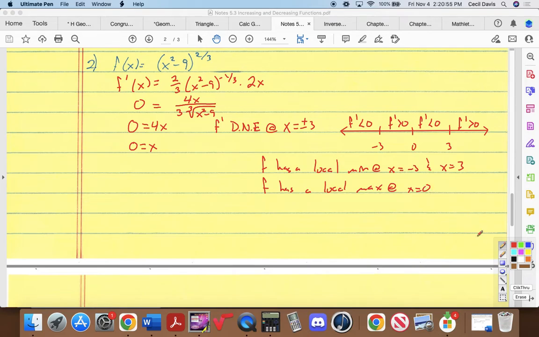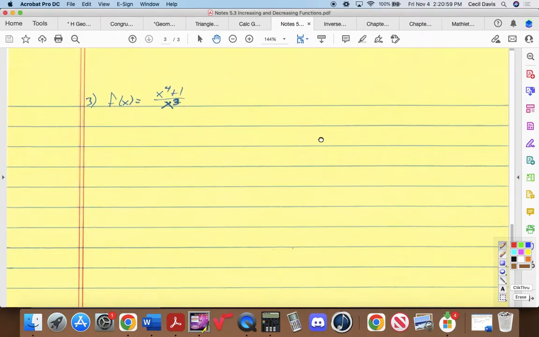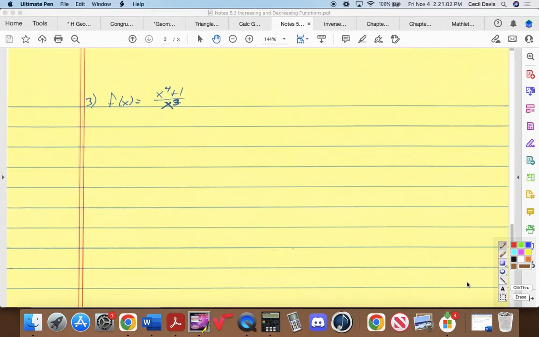Can we do this next problem in 2.5 minutes? Let's find out. Where does this function not exist? 0. Thinking about the domain is a good idea before you even start. Also,